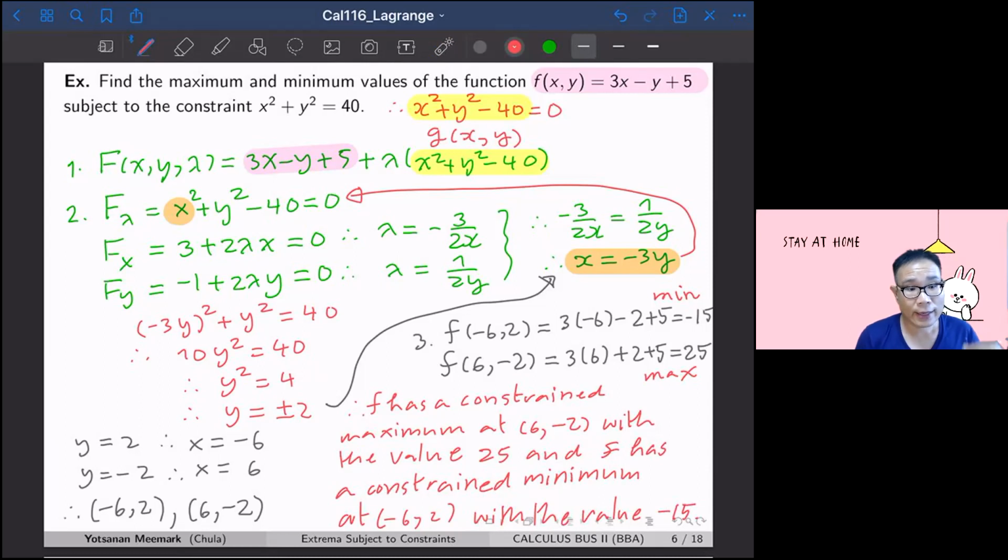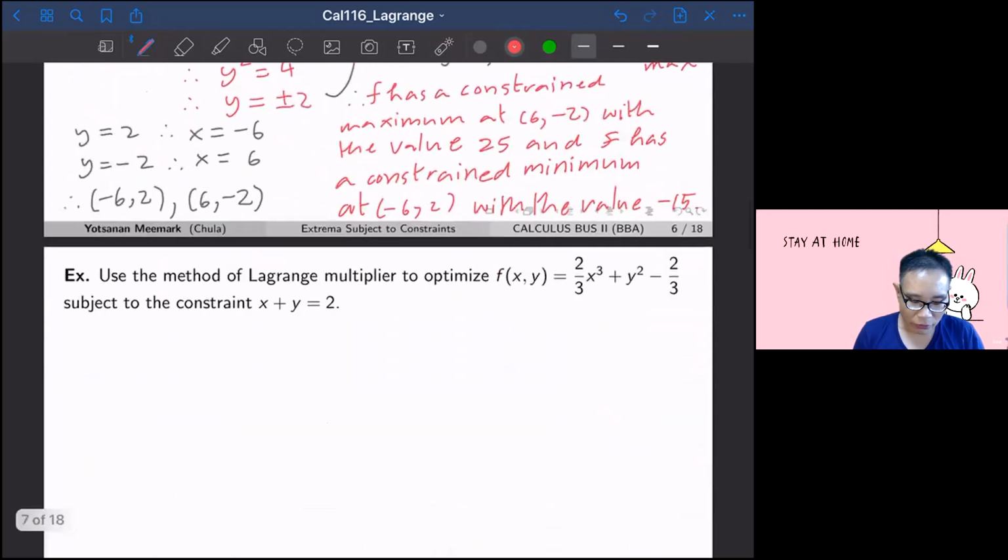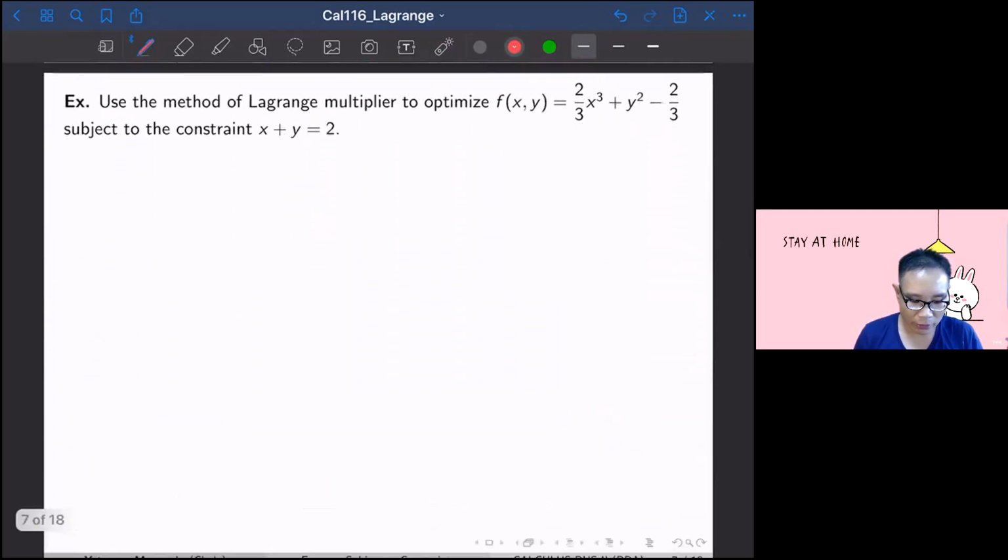So you see that like in this one, the question and the number are kind of nice to compute, and you have to be able to solve something like this during the assignment and during the exam, okay? So the algebra that we are performing here is not that difficult, okay? Okay, so the next one,